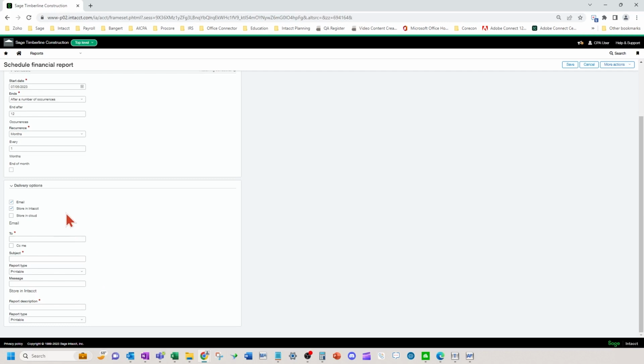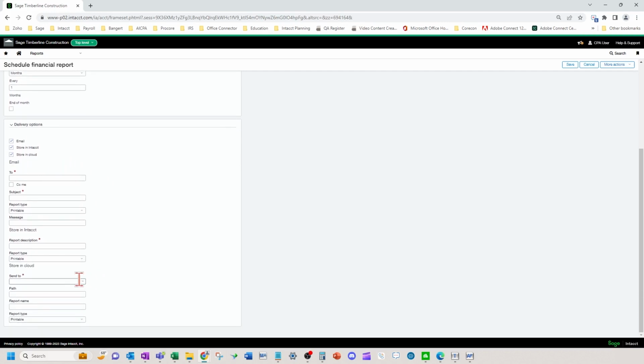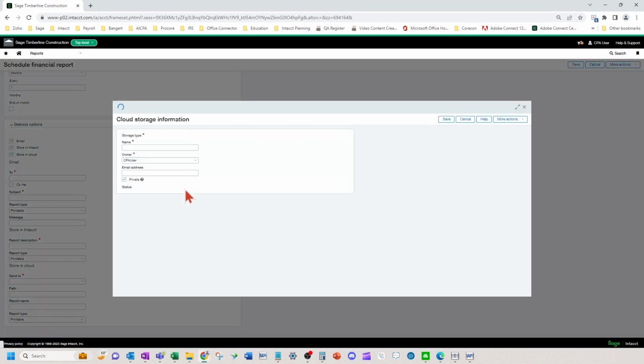I'll show you where that's at in a second. And you can also store it in your cloud, if you have, for example, your OneDrive, your Google Drive, and your different options here. So you could set all this up to store in your cloud storage.